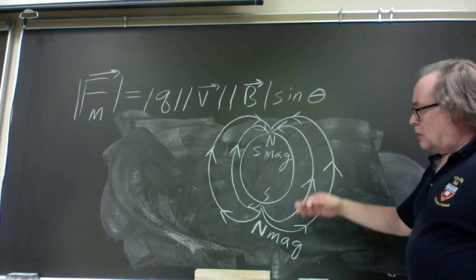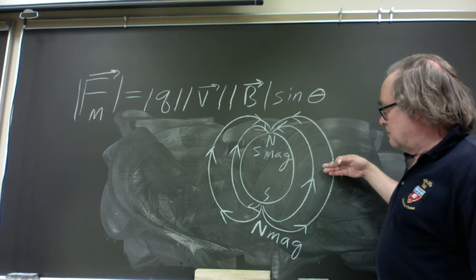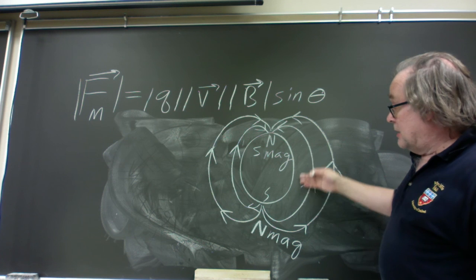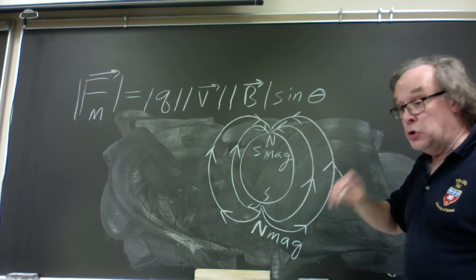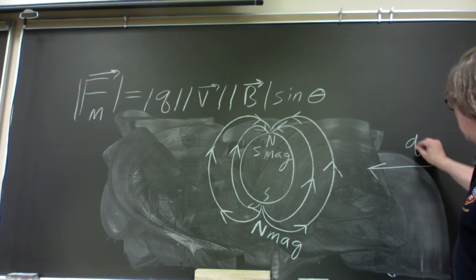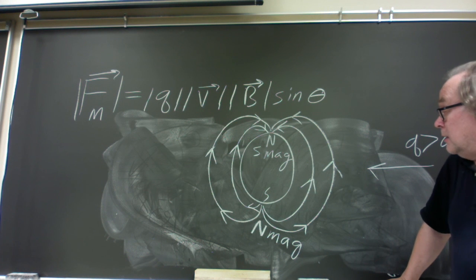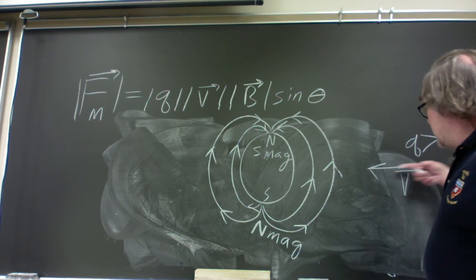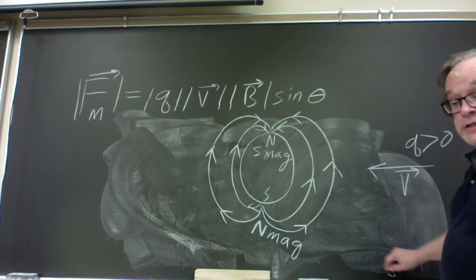But for our purposes, here at mid-latitudes and tropical latitudes, the magnetic field lines basically point north and basically are parallel to the surface of the Earth. So let's say we've got a positively charged cosmic ray particle, and the velocity of the cosmic ray is headed this way. And what kind of magnetic force does it feel? Well,